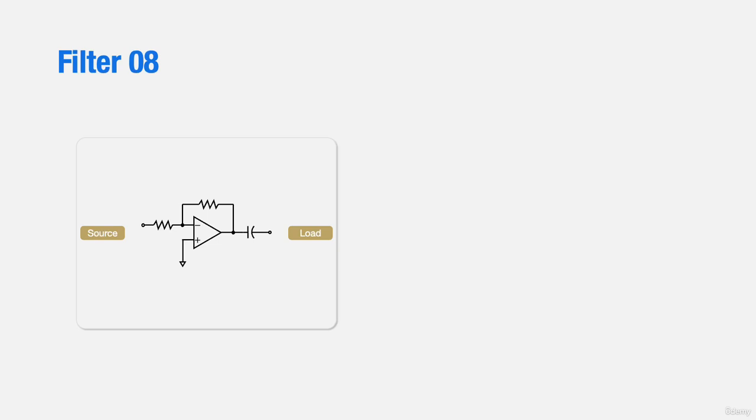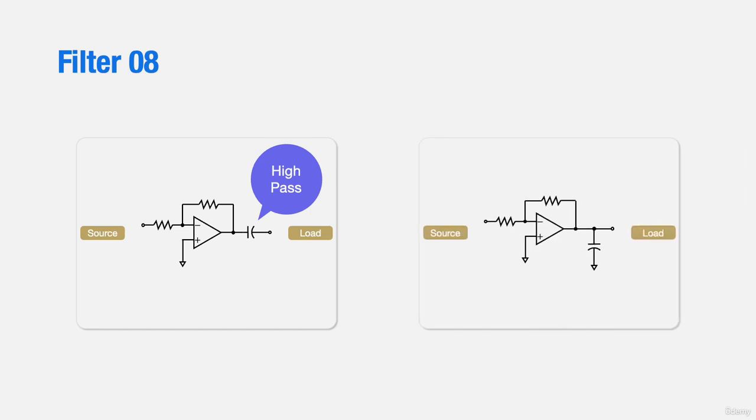What type of filter does this circuit represent? This circuit serves as a high-pass filter. In the circuit on the right, a capacitor is shunted to ground at the amplifier output. What type of filter does this circuit represent? This circuit functions as a low-pass filter since high-frequency signals at the output tend to go to ground rather than